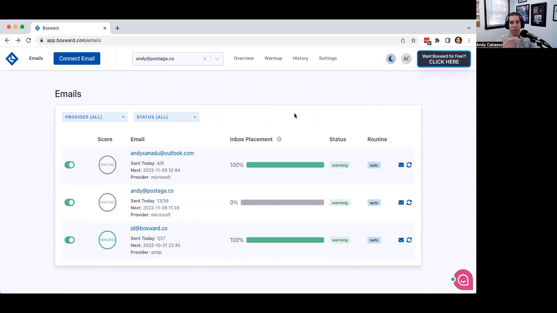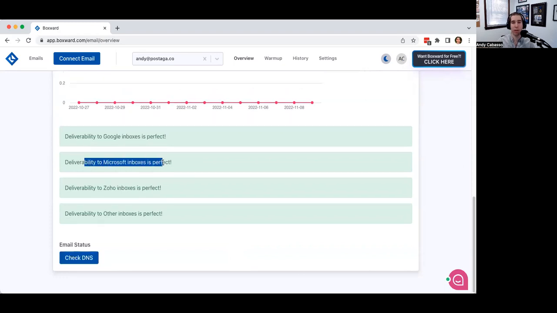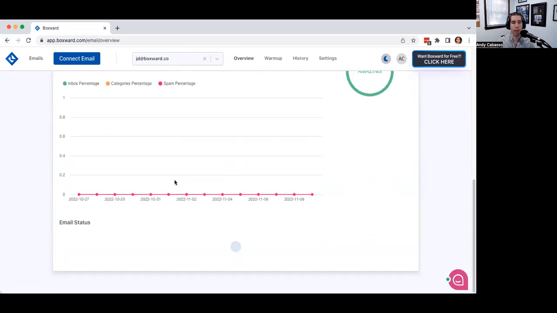I think this account I just created is brand new, so I don't have a lot of data on this one, but I can get insight to see how deliverability looks in different inboxes. What does my deliverability look like to Google, Microsoft, Zoho, or others?